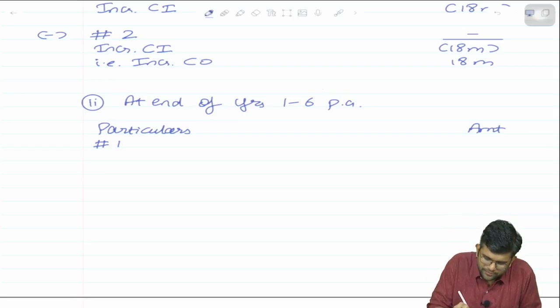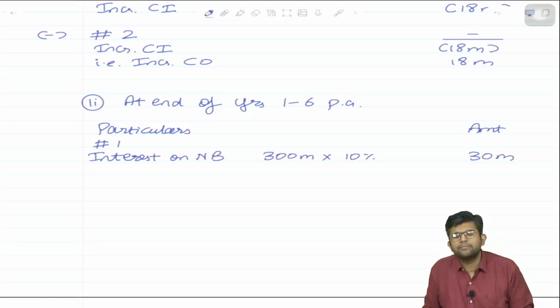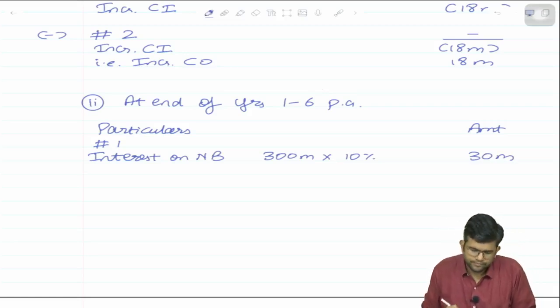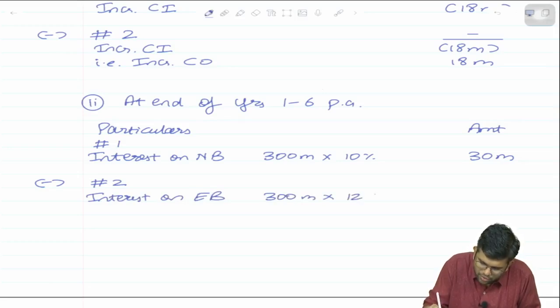So I'll write here interest. On new bond, can I say will be 300 million into 10%, which is equal to 30 million per annum, minus story number 2,